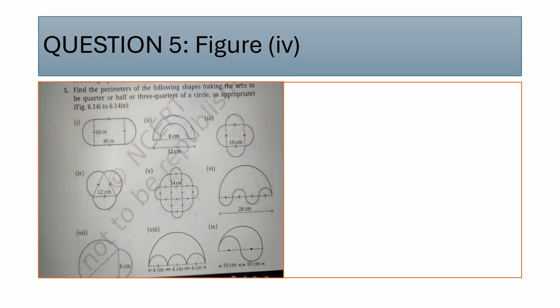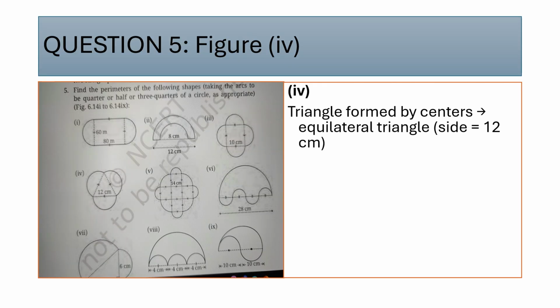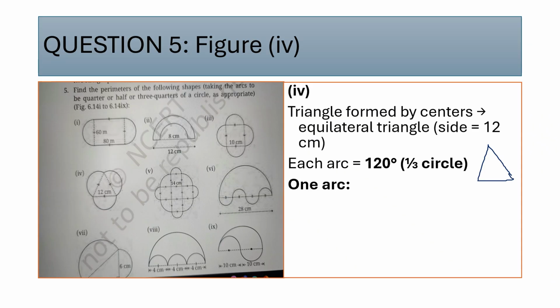Figure number 4. Now in this figure, we have a triangle formed by centers. That is an equilateral triangle. So side is 12 centimeter. Now when we say equilateral triangle, that means all sides are equal. So each arc will be, now when it is an equilateral triangle, children, if I simply draw a rough triangle here, each arc is 120 degrees, which is 1/3 of the circle. So that means 1/3 into 2 pi r, which is the circumference of the circle. So 2 pi, and when you substitute r as 6, upon 3, you will get